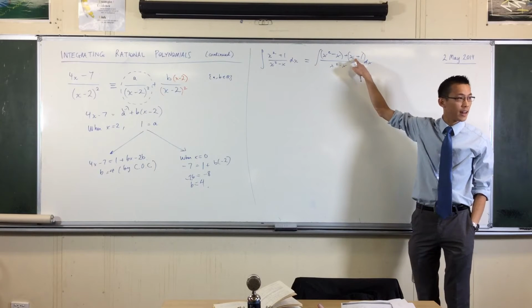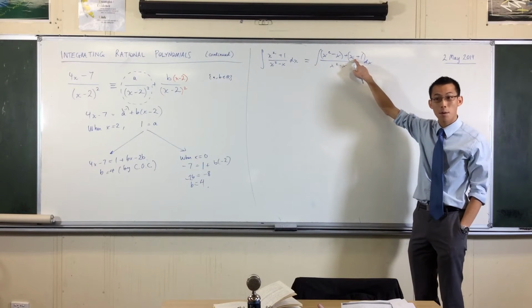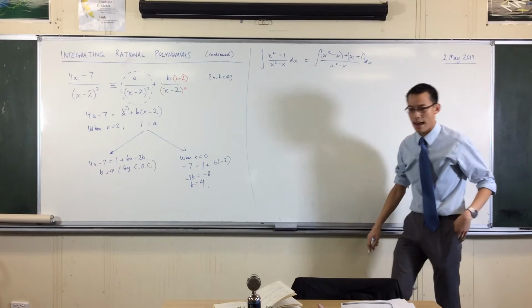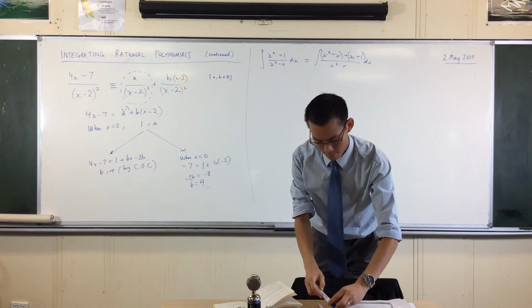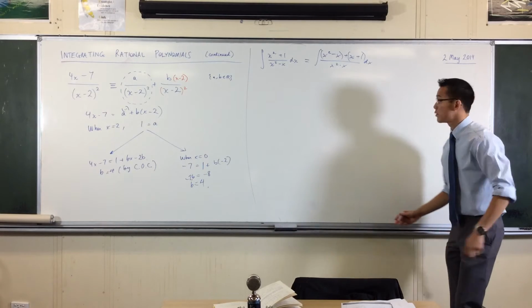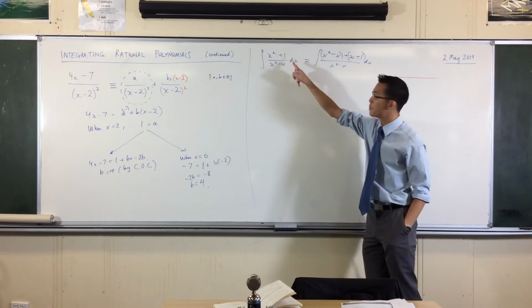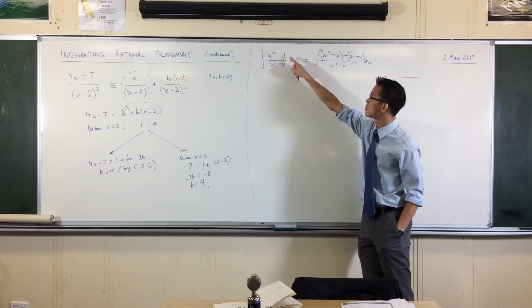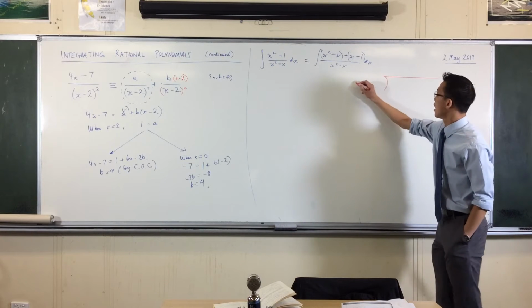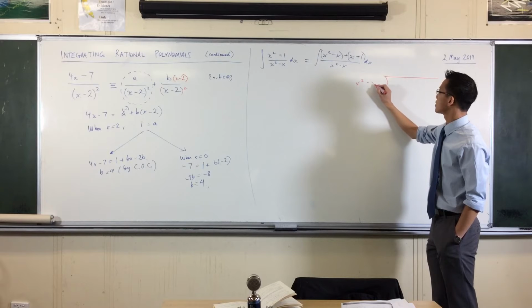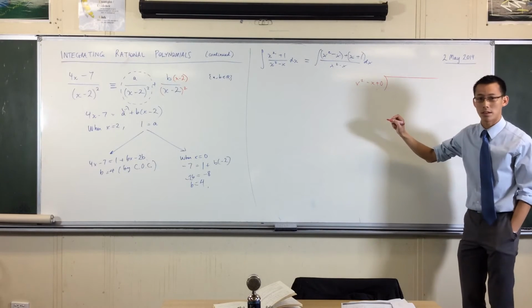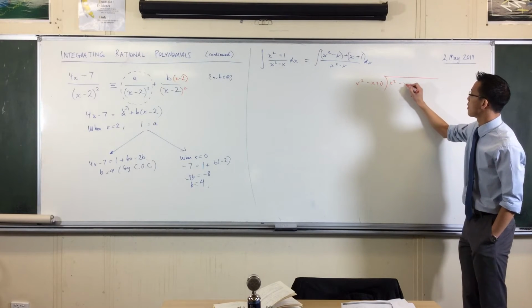This is really a remainder, isn't it? It's a remainder from the division transformation. So, how do we get it if it was a more complicated example? Okay, do a long division. I'll do it over here in another color. Okay, I'm dividing this by this. Divide this by this. Okay, so I've got x squared minus x plus 0 over here, and x squared minus